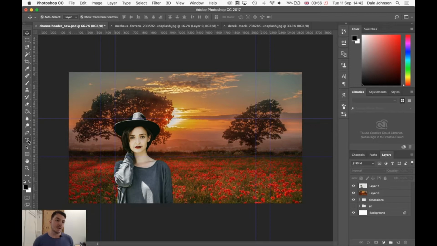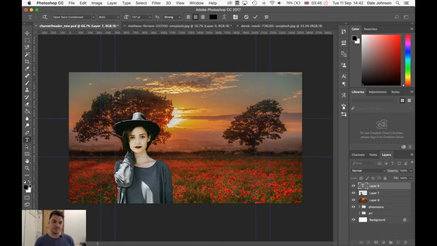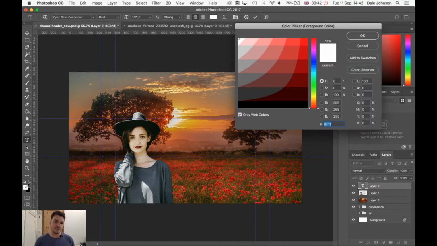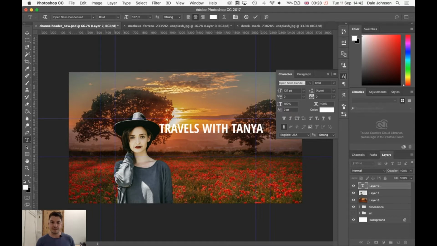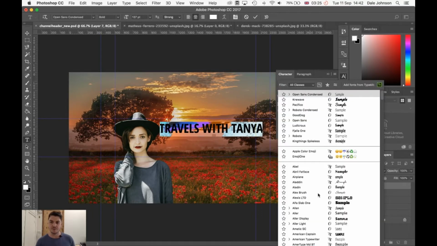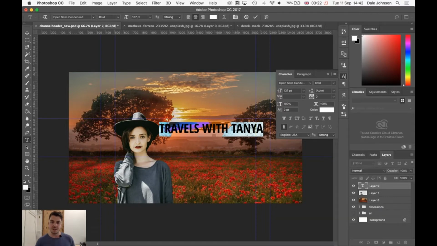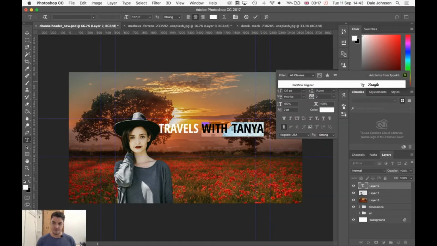The last bit I'm going to do is add some text to this. So come to the text tool here. I've got two options. I can click and drag to create a box, or I can simply click the T tool. So I'm going to select the white color here. If I double click this, I can select any color I want. I'm just going to use white, and we'll just call it Travels with Tanya. If I press the A tool here, which is my character, I have a variety of different options, including fonts, including size, kind of whatever I want to use really. So maybe if I change this to Pacifico,